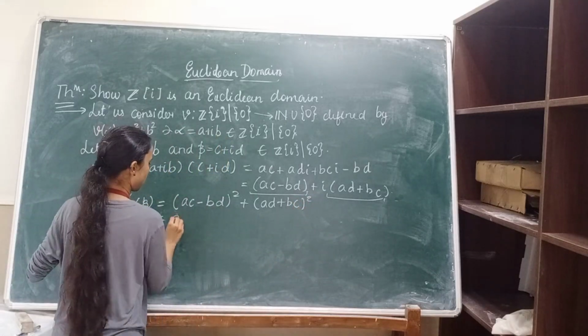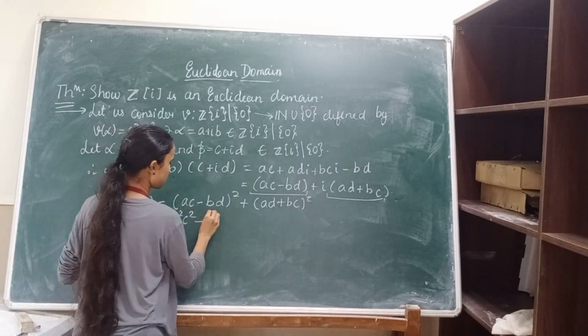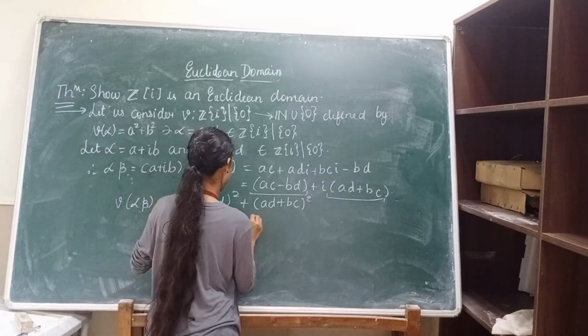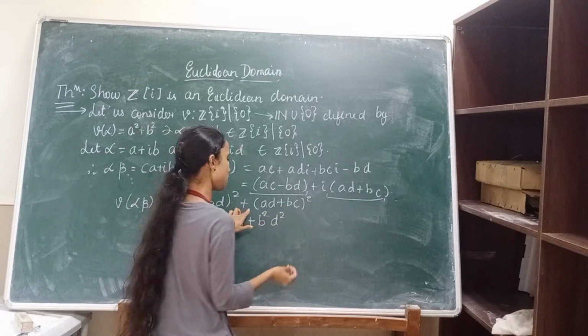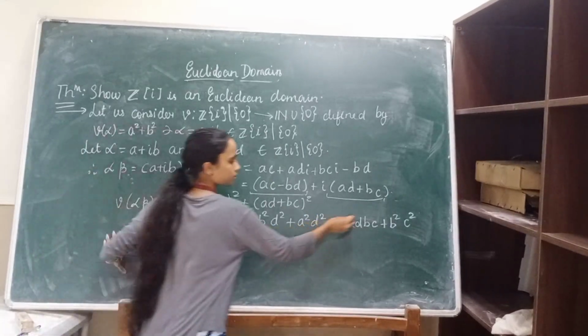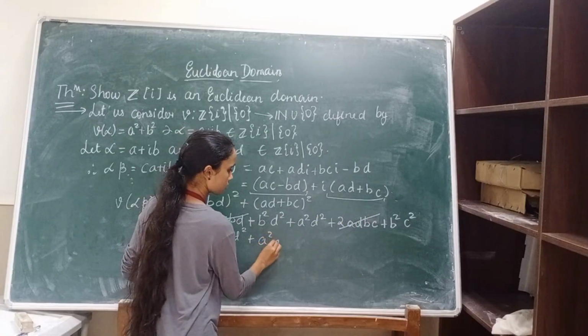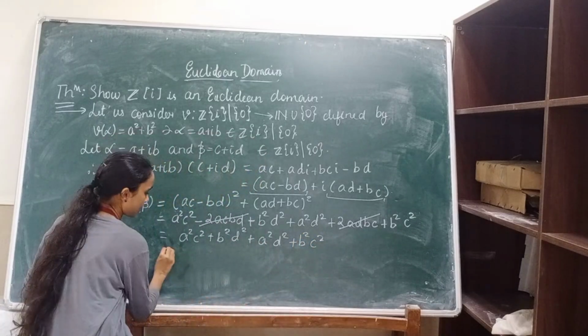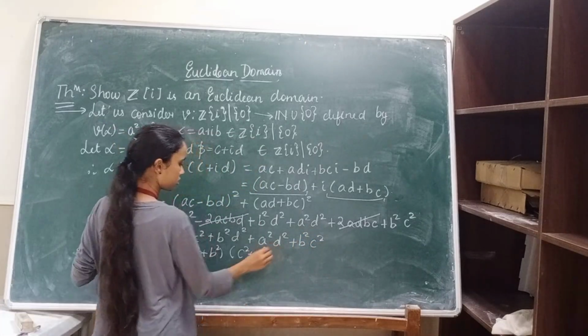That gives you A square C square minus 2ACBD plus B square D square plus A square D square plus 2ACBD plus B square C square. So these terms get cancelled, plus A square D square plus B square C square. That is equal to